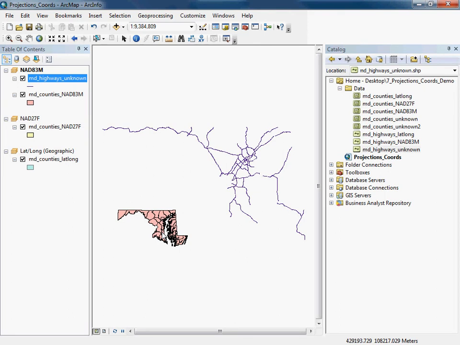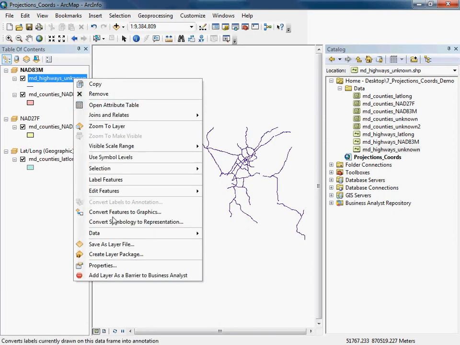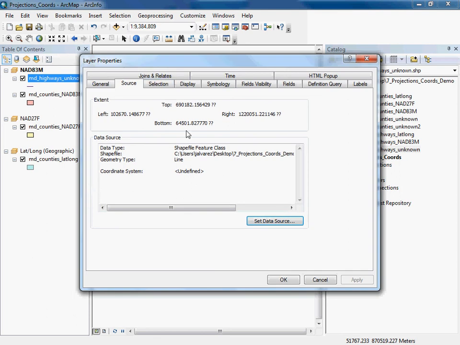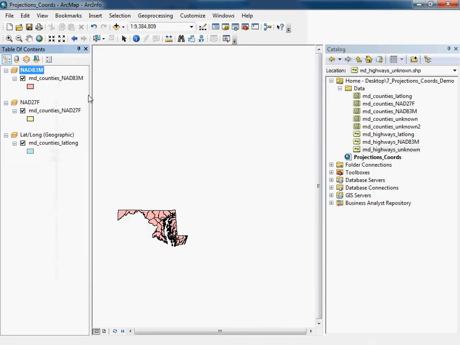So my transportation map is not off to the greatest start. A lot of times what you can do to solve this problem is to check your data against other data layers that are known, that exist in the proper coordinate system. So for example, again, Maryland Highways Unknown, I don't know what that coordinate system is. Now if I remove this layer and I say, you know what,